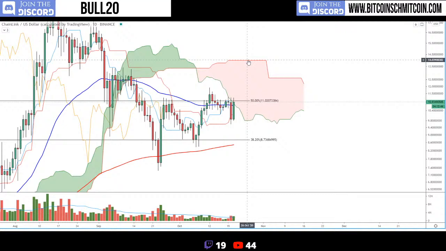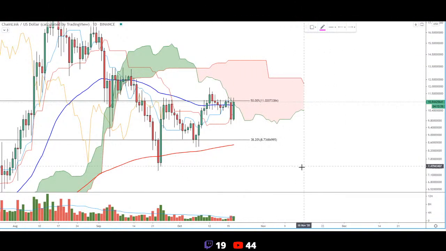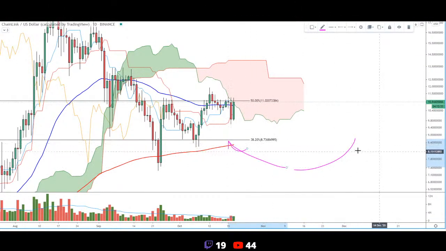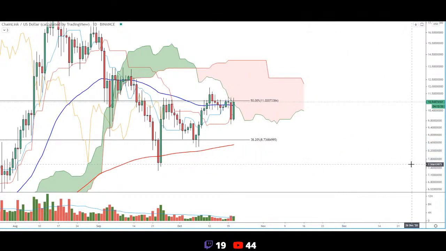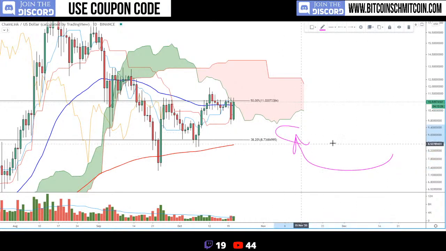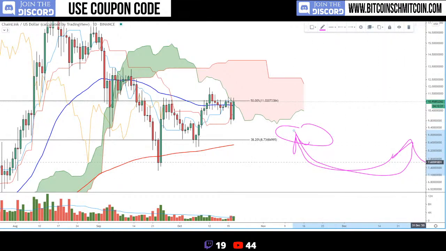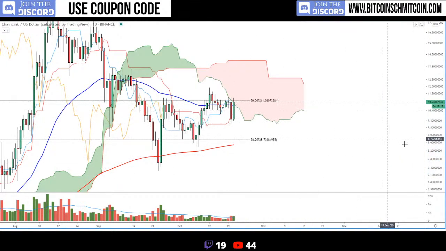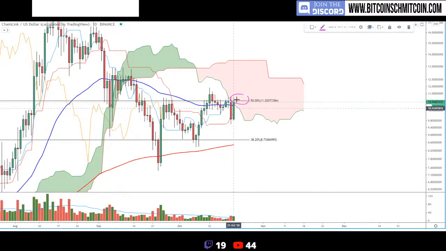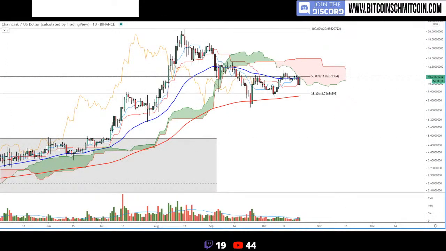So if we see strength in Link, that is very, very good for alts, and that's exactly what we want to see. A lot of times, when I've talked about this sloshing back and forth of capital in the cryptocurrency bathtub, right now the capital has sloshed to the Bitcoin end, but eventually that capital is all going to come sliding right back to alts. And once it does, we're going to see some crazy stuff start to happen again,